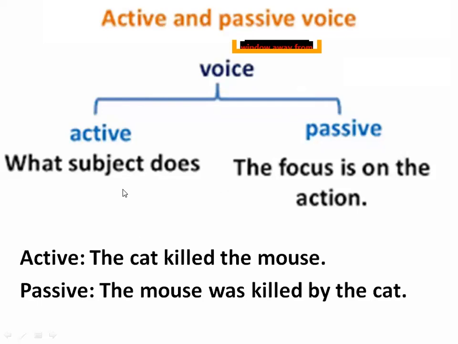Now we have to express the action performed by the subject towards the object in two ways, active and passive. Active is: the cat killed the mouse. Now by changing it into passive, you have to make some changes in this active sentence according to the tense. It is the simple past tense you are looking at. It is called simple past tense because we don't have any helping verb here, and this is the second form of the verb.